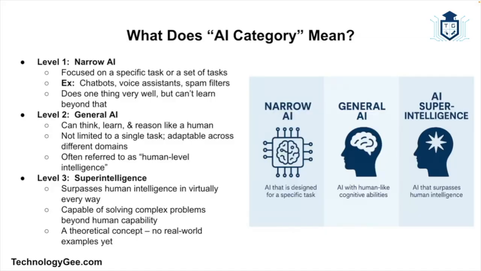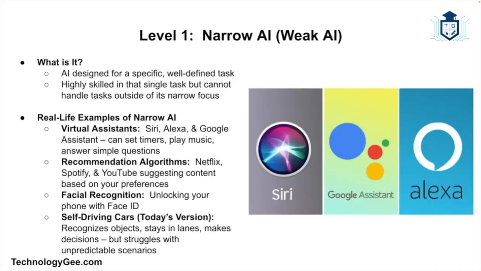So let's start with the kind of AI that's already running the world today. All right, so let's start with narrow AI, which is also known as weak AI. Narrow AI refers to artificial intelligence that is designed and trained for a specific task. It's super smart at one thing, but totally clueless about anything else. You could think of narrow AI as the laser-focused intern in your office. That person is amazing at putting spreadsheets together, but don't ask them to plan your wedding or give you any type of life advice.